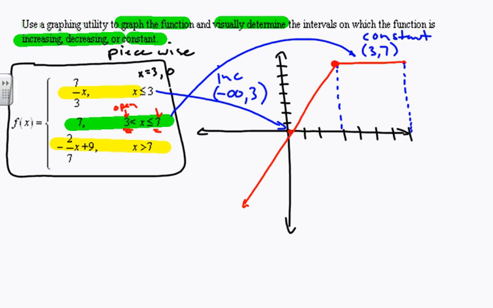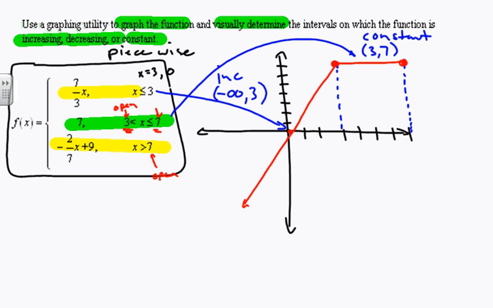All right, this last one. Once again, I'm going to plug in my endpoints. So this is going to be an open circle. I'm going to plug in 7. When I plug in 7, I should get 7 as well. That's going to be an open circle, but notice that it's closed by the other one, so it's going to be right there. And I'm going to plug in one more value,